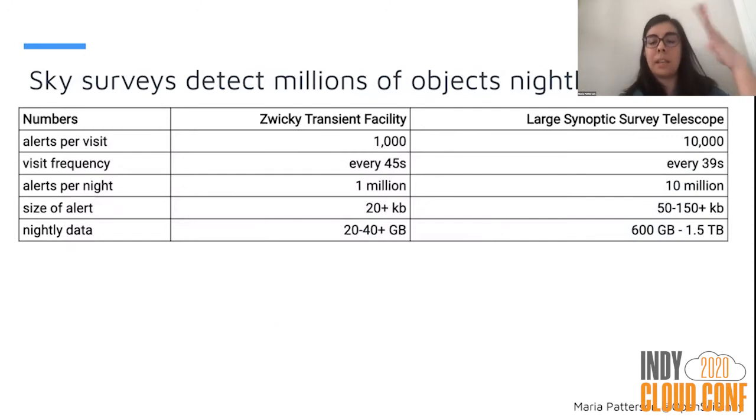As they're sweeping the sky, they take images every 45 seconds or so. And what you end up with for the ZTF telescope is you're getting 1 million transients detected per night. And once we detect these objects, what you want to be able to do is characterize all the different parameters like size and brightness and shape, location, color, all those kinds of things, so that you can basically take that data that you have and you can stream it out in real time to other